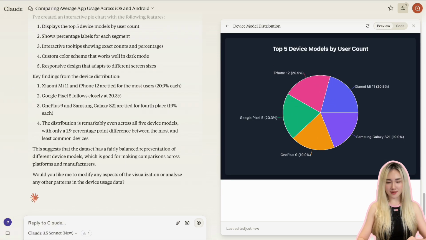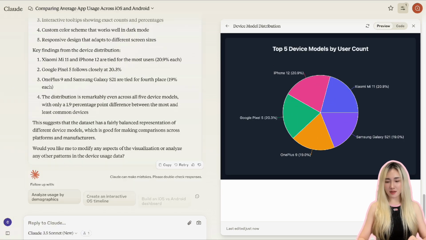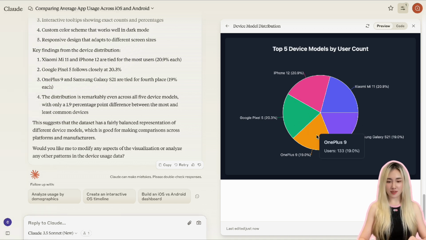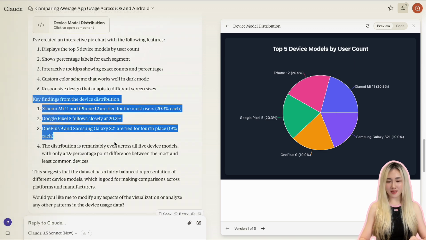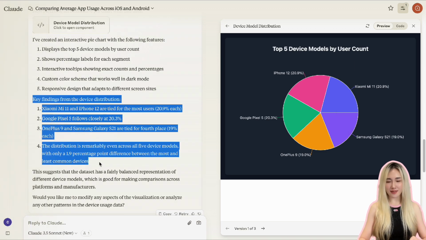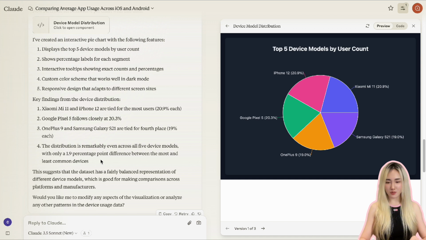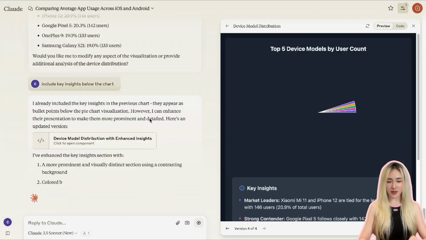Then Claude creates this pie chart, which lets us see the relative popularity of each top device model. It shows us the top 5 device models are iPhone 12, Google Pixel 5, OnePlus 9, Samsung Galaxy, and Xiaomi 11. It also provides the key findings on the side, but we can add it to the chart as well. We can say, include these key insights below the chart, then it will update the chart on the right side